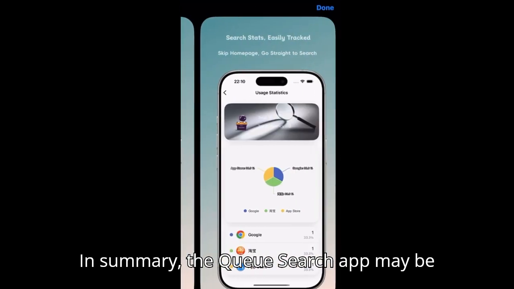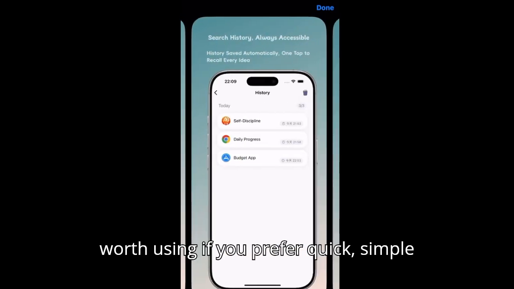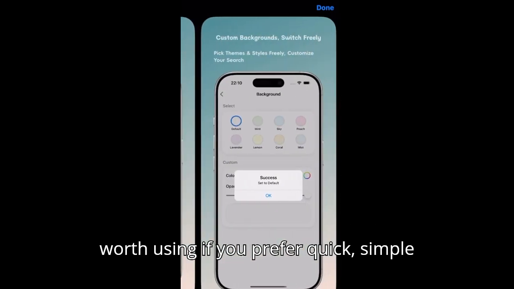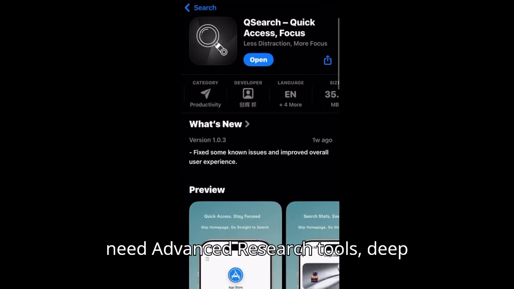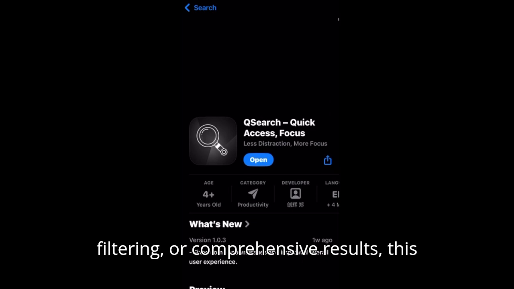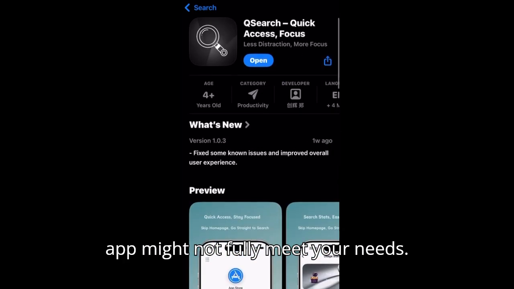In summary, the Q Search app may be worth using if you prefer quick, simple, and clean mobile searches without unnecessary distractions. However, if you need advanced research tools, deep filtering, or comprehensive results, this app might not fully meet